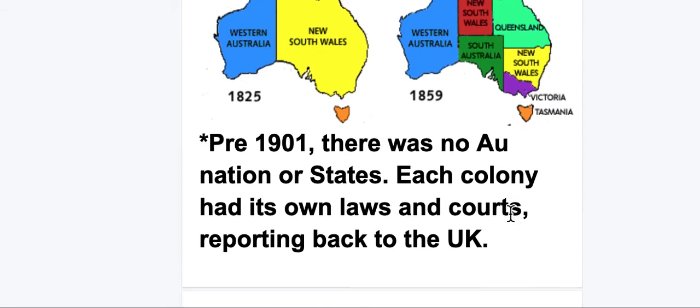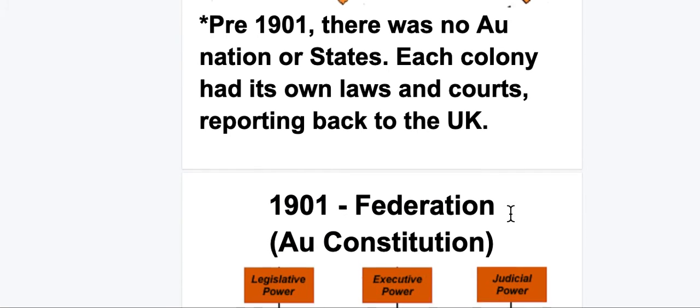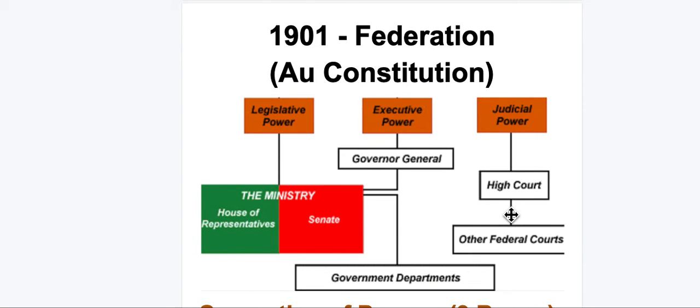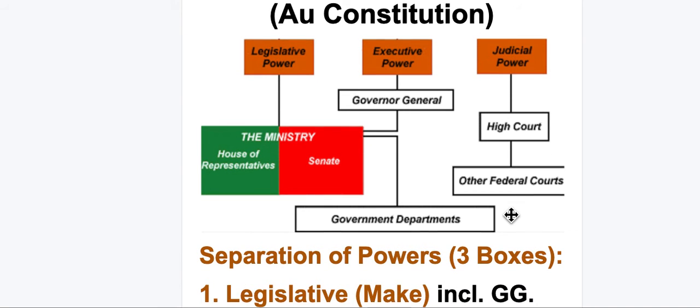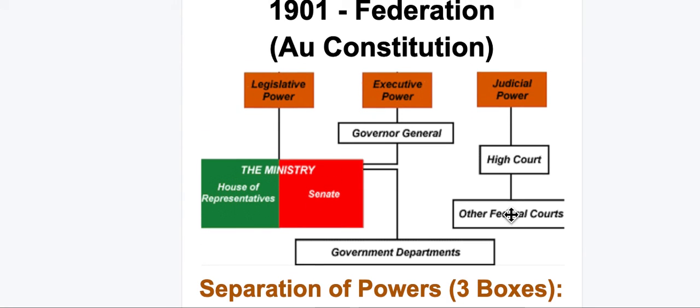So pre-1901, no Australian nation or states, each colony had its own laws and courts that were reporting back to the UK. So then we have Federation, and the Australian Constitution, the basic foundation of the Constitution is to do 3 or 4 things, okay? The first is to